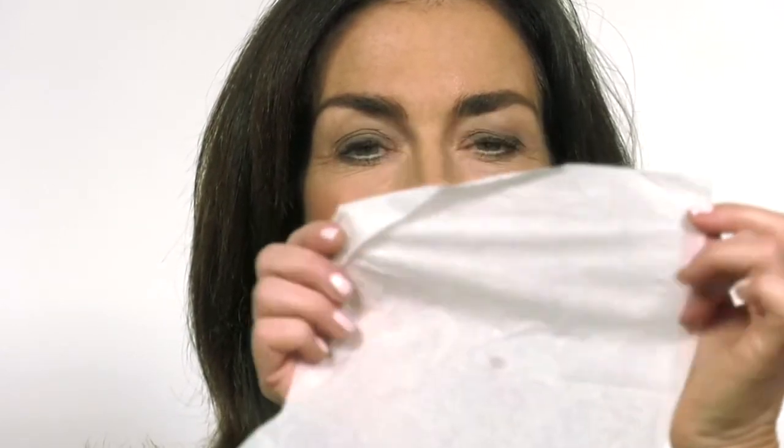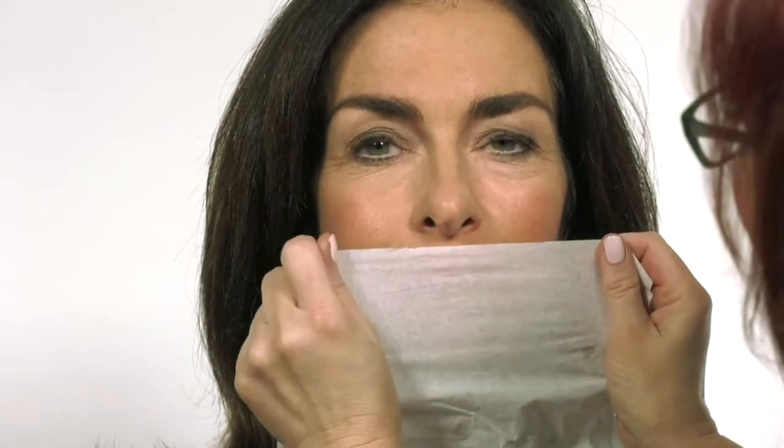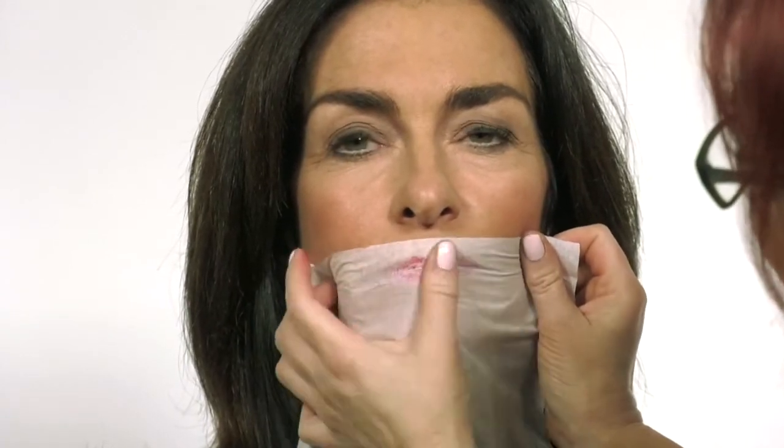Now, because your mirror may be deceiving, my best tip for checking to make sure that the lipstick is on evenly is taking a tissue and using a single ply rather than a double ply or a triple ply, and then just taking it and putting it across the lips like this. And then checking to see if they're even. So now I'm looking here, I'm thinking I need to bring this up a little bit and bring that up a little bit. Now I'm going to go in with my lip pencil